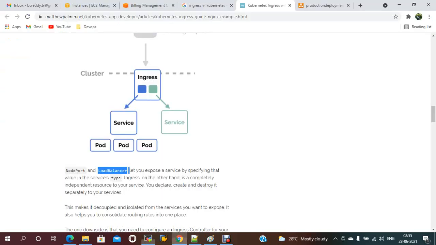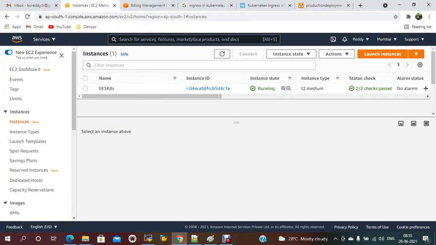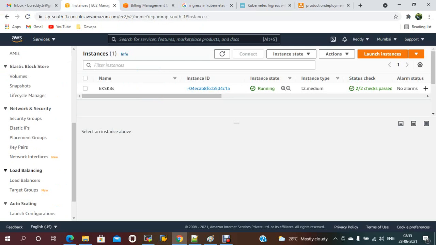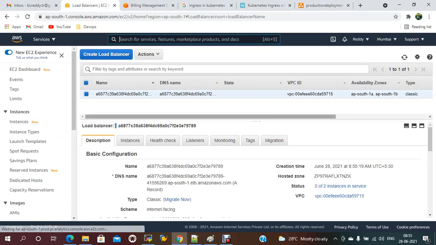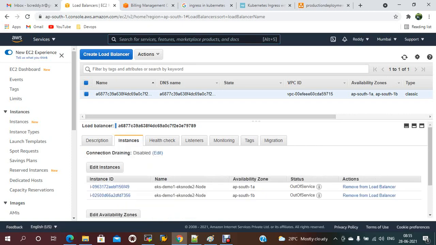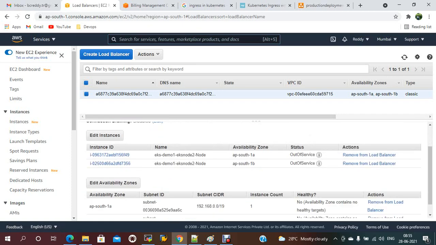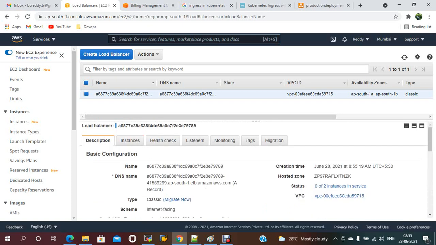If you go to the AWS instance, go to the load balancer section. Now if you go to instances, it should be out of service. It needs to come in service. In the description, this is the DNS name. Using this DNS name, you can access your service.